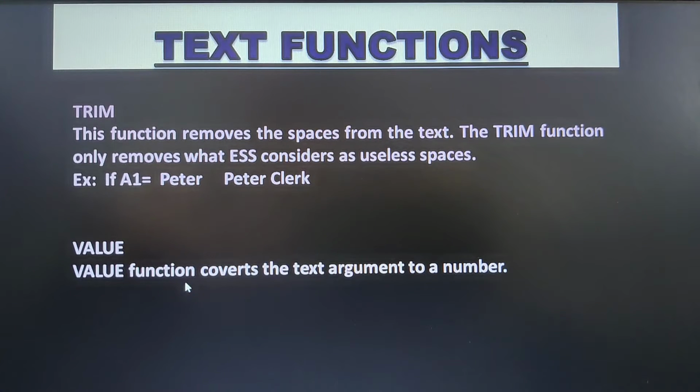Now the next function is the VALUE function. Value is a function that would convert the text argument to a number. Previously we have seen the function TEXT, which would convert the number to text. Now as I took the example of 5, if I make it a text value, then I cannot use that number 5 in a calculation. Suppose I want to use it in the calculation, then I need to reconvert it back to the number format. For that sake, I'm going to use a function known as VALUE.